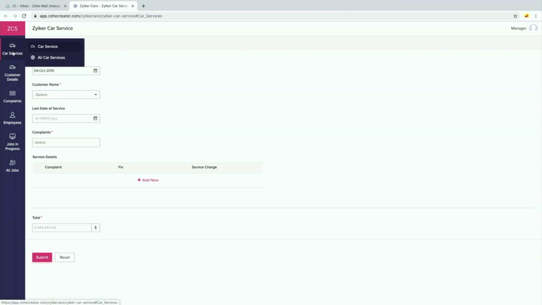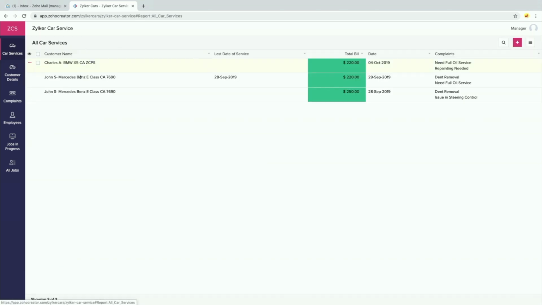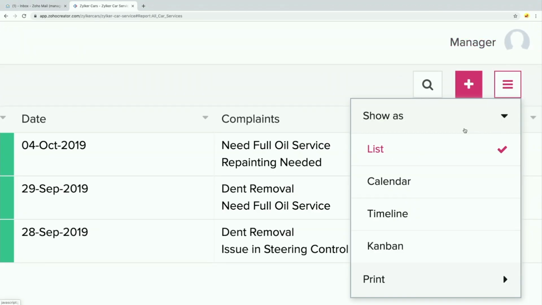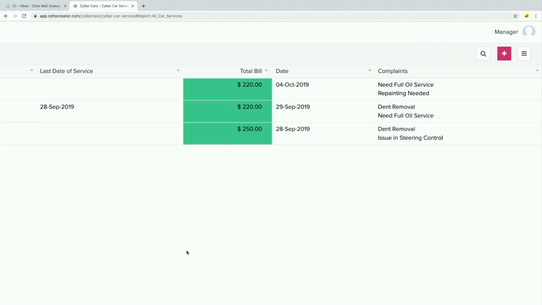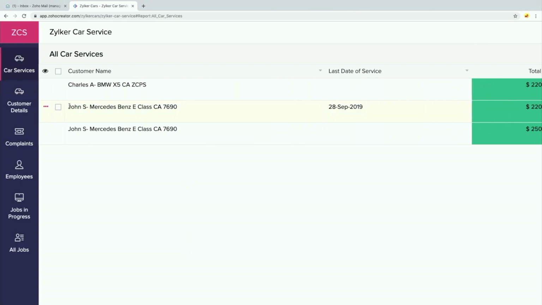I can access the car service form and the car service report, and you may note that I will not have the delete option here. We have provided permission to edit or add information, but not delete information, so that's not available. In the same way, we did not provide the feature level permission, the import or export. That is also not available here. Same thing applies to others as well.